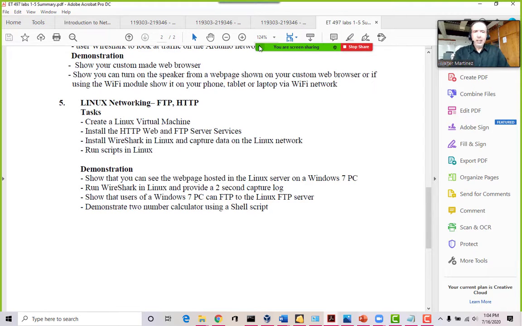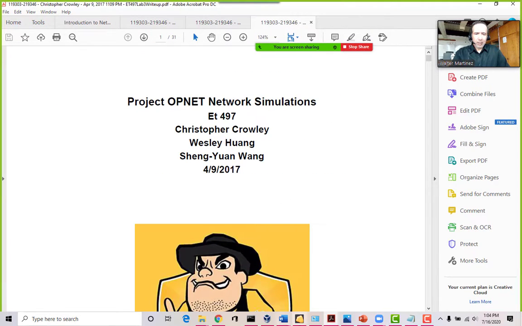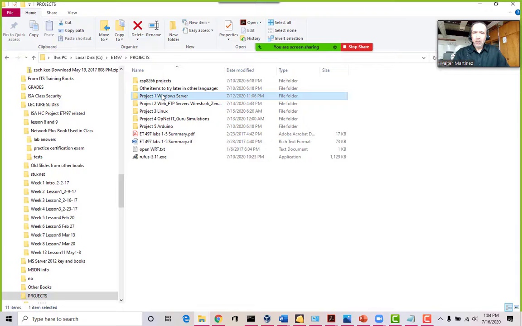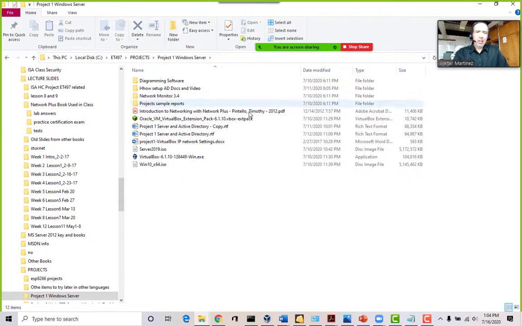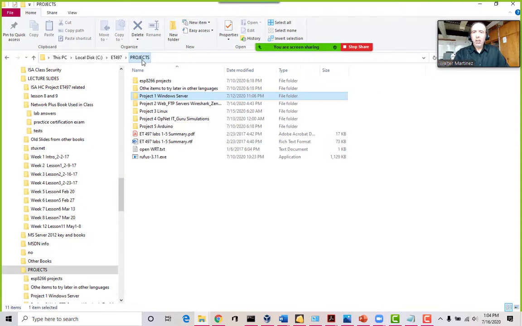And that's going to be it, but let's go through each one and let's open it up and see what that looks like. Okay, we'll start off with project number 1 just to give you an idea of how that looks. You'll have the memory stick. The memory stick is going to have everything that you need, all the instructions, all the software that you need. There's also a lab kit that hopefully you'll get, and in the lab kit you'll have all the hardware that you need as well for the labs. Okay, that is minus your own computer.